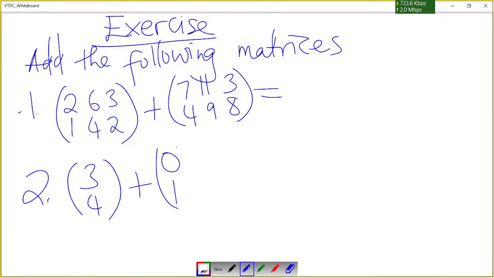Okay, I want to see the answers for these two matrices in the comment section. So make sure you pause the video, you copy the questions, you solve it, and then you post your answers in the comment section. Okay, so let's go to this final